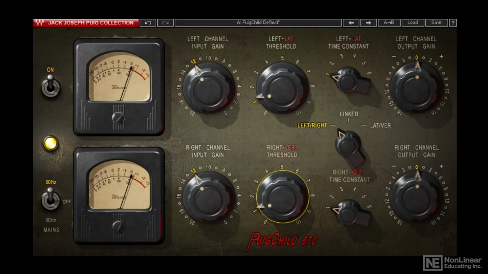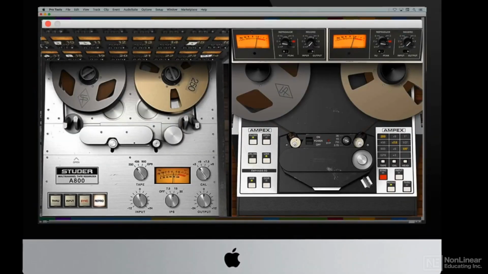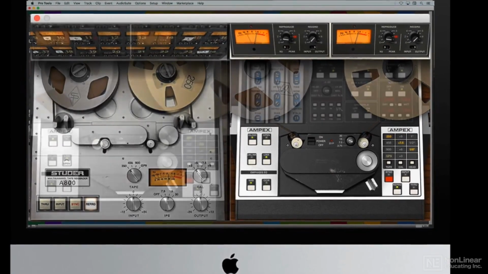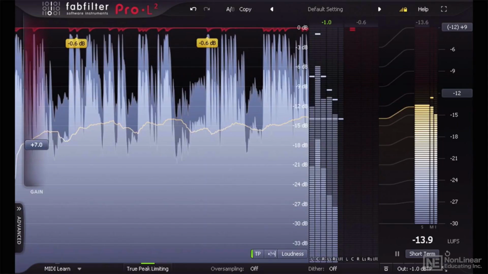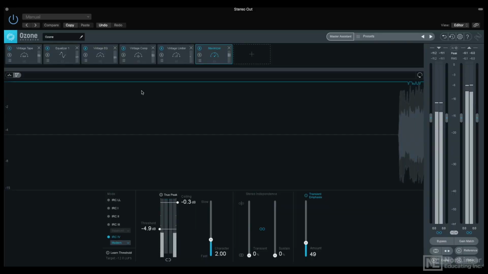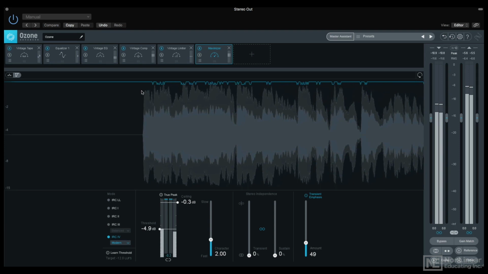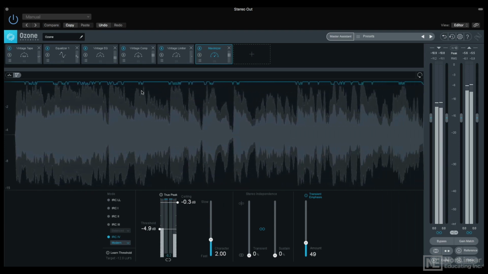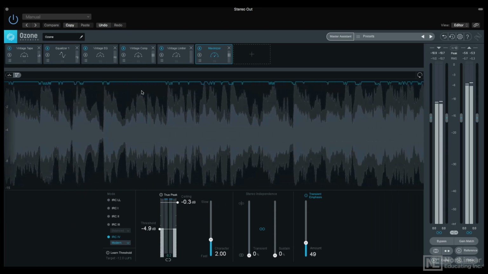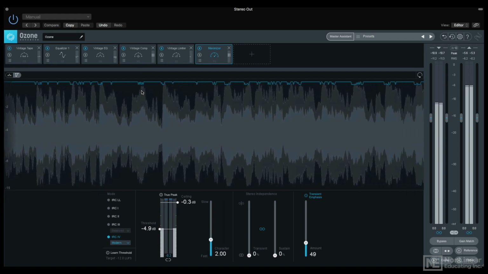compression and some limiting. Now, a mix bus compressor is typically a musical compressor like an SSL or a Fairchild or an ATR tape machine that gives a little hug over the whole mix. After that, you'll put a brick wall limiter like a FabFilter Pro-L or an Ozone limiter. This will keep the peaks from exceeding digital zero and will add a little bit of pressure to your mix. It in fact gives you a preview as to what the mastering engineer is going to do once he has